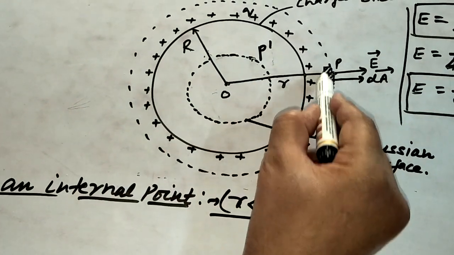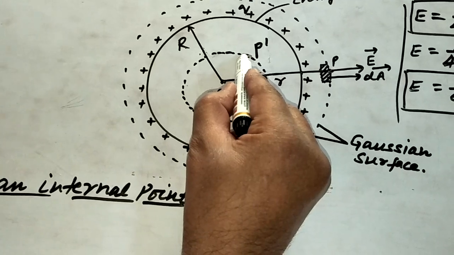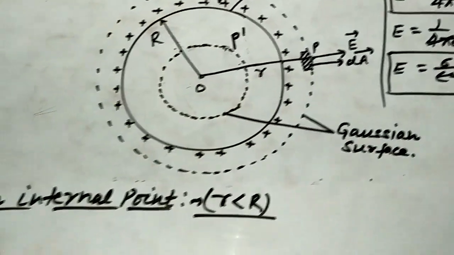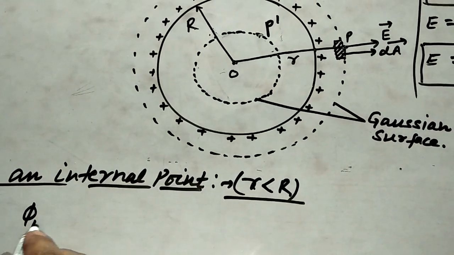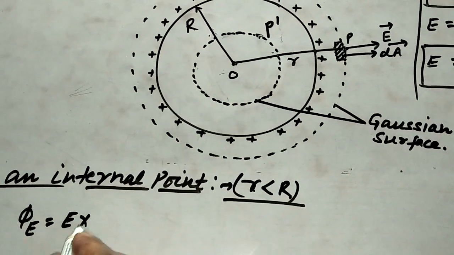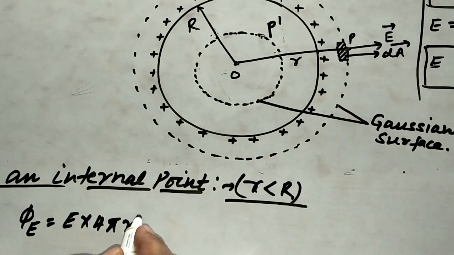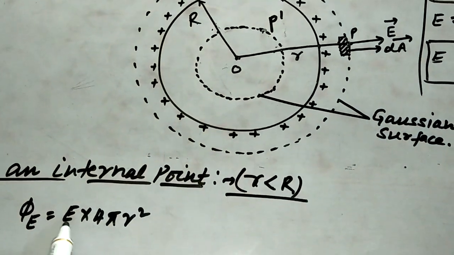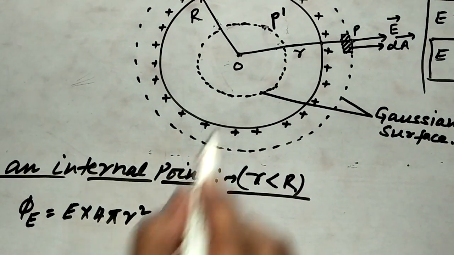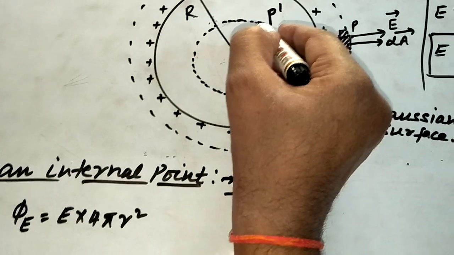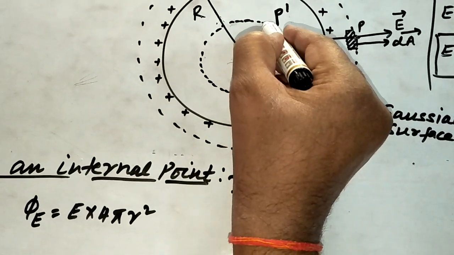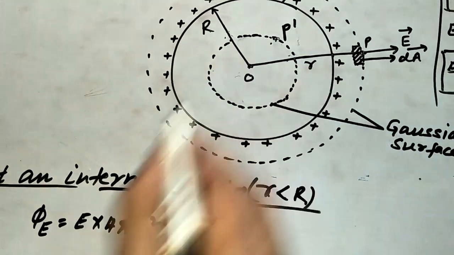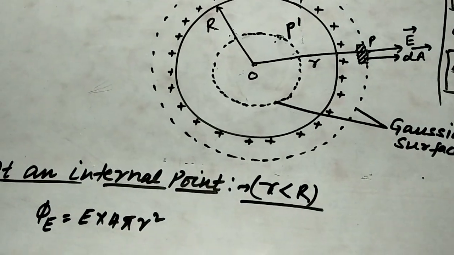And like the outside, again when you calculate the electric flux passing through the entire small Gaussian surface inside the cell, you can write that it is given by phi E is equal to E into 4 pi r square. Same way, when here you take small r, we have already calculated phi is equal to E into 4 pi r square, and here I am taking this one as small r. So same way you can find the electric flux passing through this entire Gaussian surface which passes through a point P dash is given by this. But by Gauss theorem,